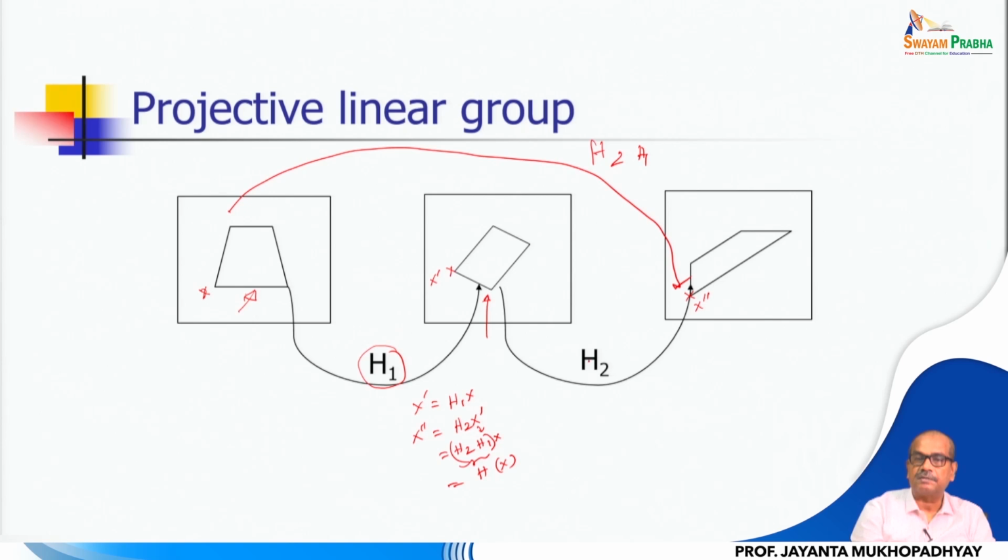So it is a cascade of transformation. So h equals h2 h1. So this is the associativity. You can just make this cascade, and since matrix multiplication is associative, in any order you can compute those